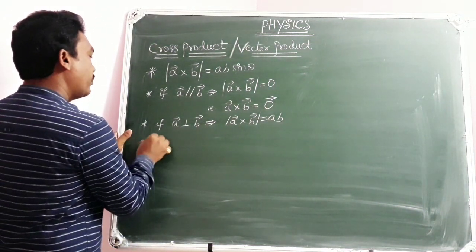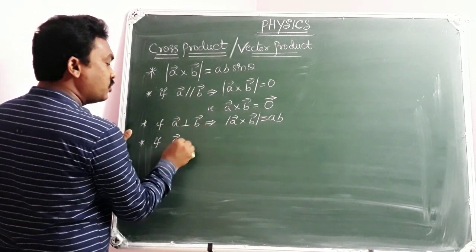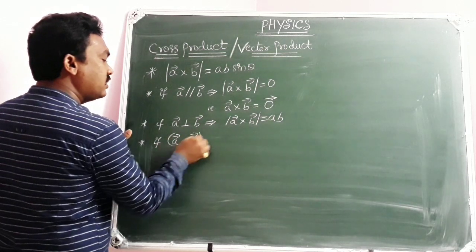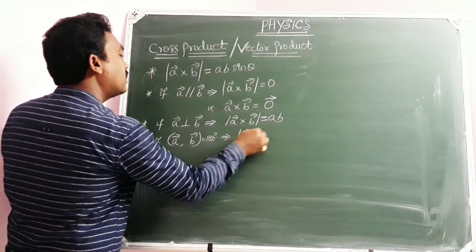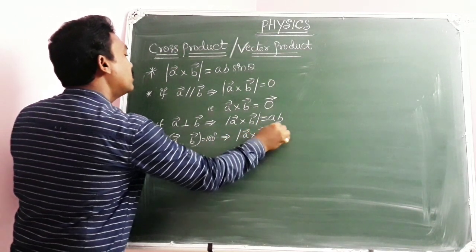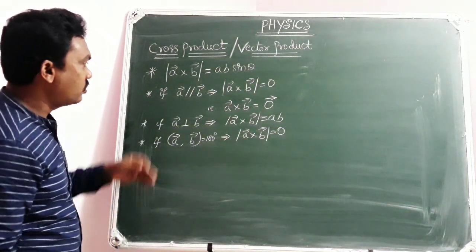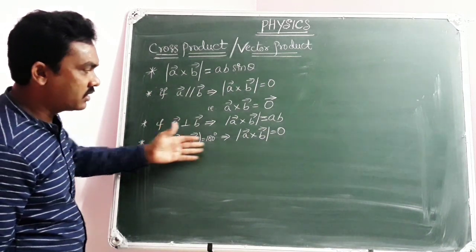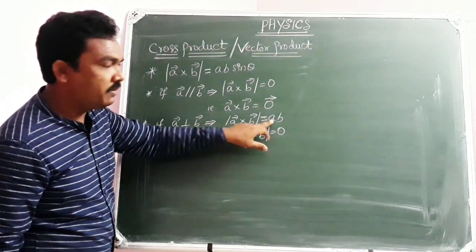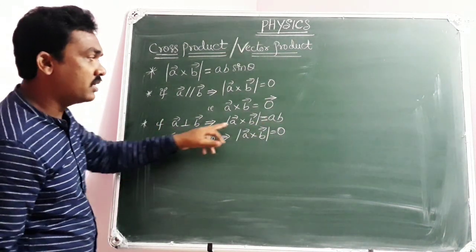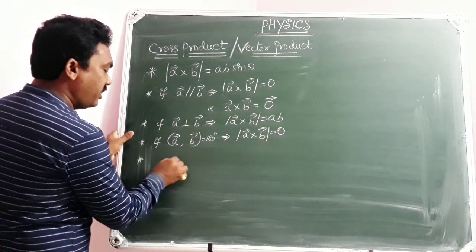And at the same time, if A bar is anti-parallel to B bar, meaning the angle between them is 180 degrees, then the modulus of A bar cross B bar will be equal to 0, because sin 180 degrees is 0. So for either parallel or anti-parallel vectors, the cross product will be 0. And for perpendicular vectors, the cross product will be AB, which is the maximum that A bar cross B bar can take. Because I think we have got some clarity in trigonometry.